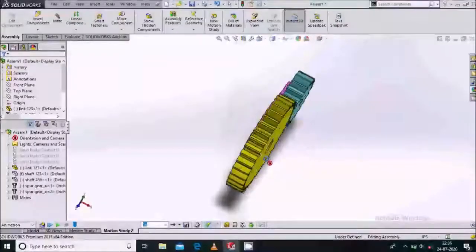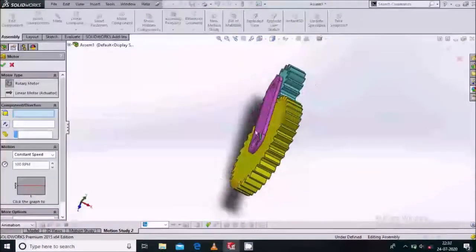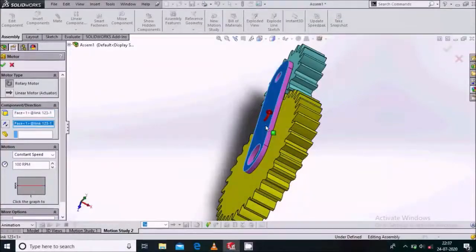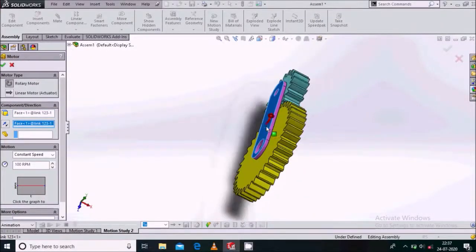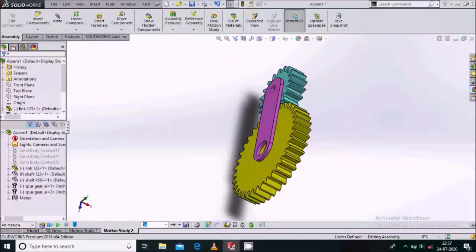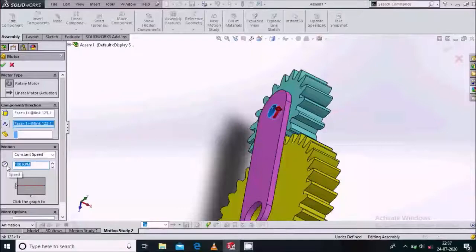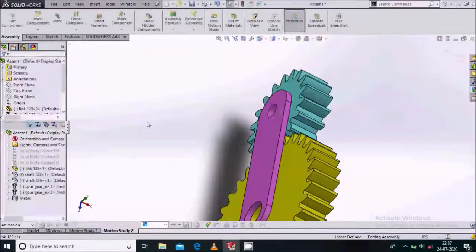Now after defining the physical contact, we'll apply the motor to two components in order to get the desired motion. So simply select the motor and select the component. So we'll select this component, right? Select the motor, we'll select the inner face, and we'll keep the RPM for this 2.5 RPM and say OK.